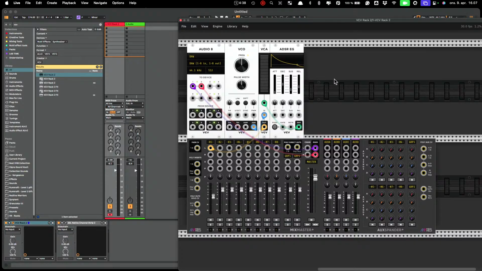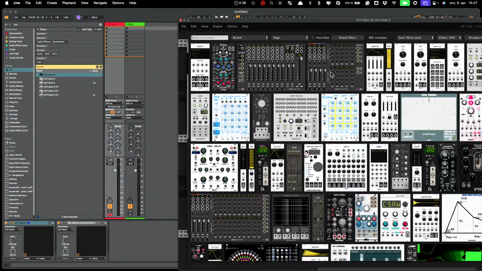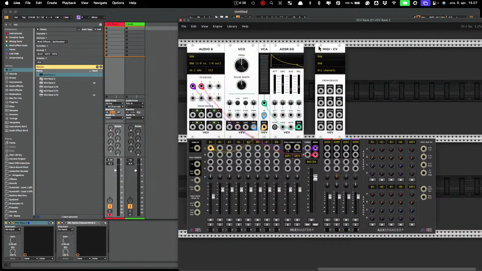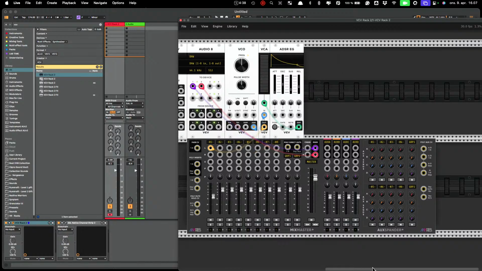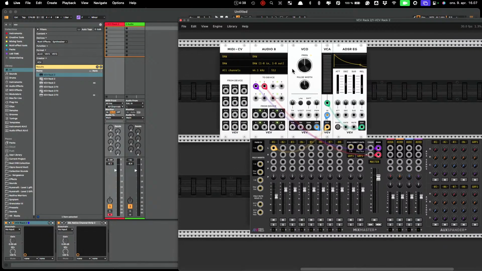So now we need a module that can read MIDI. So we will right click that and then we have MIDI to CV. So we press a button, the MIDI will tell it to do something. Let's have that before the audio interface. Then we have volt per octave, that's pitch. We could set that to volts per octave, and then the gate here should be the gate at the trigger. So now we could actually